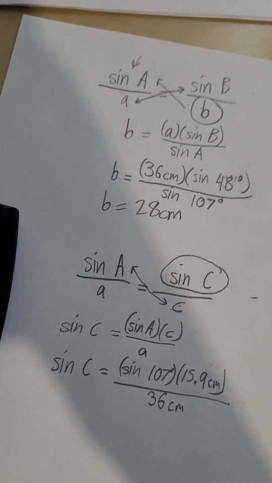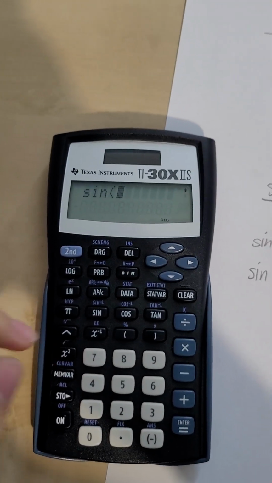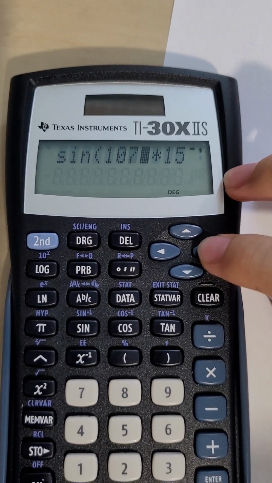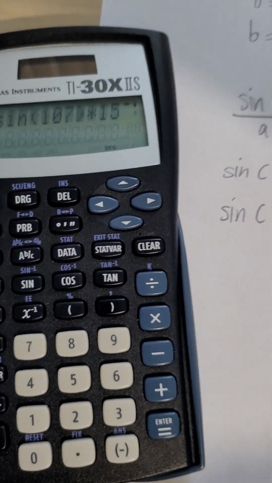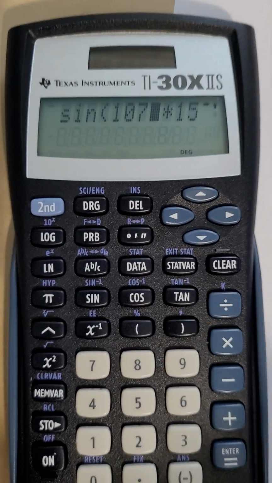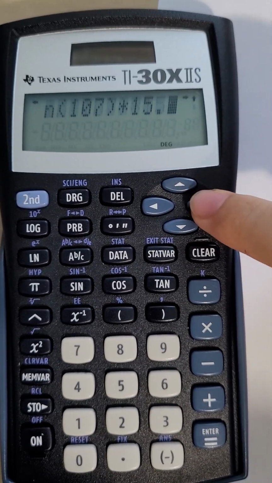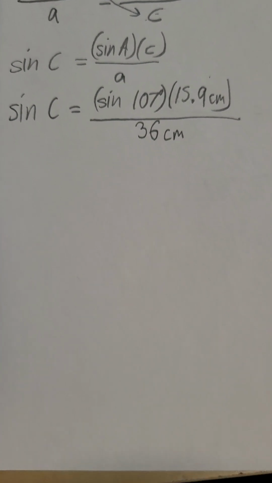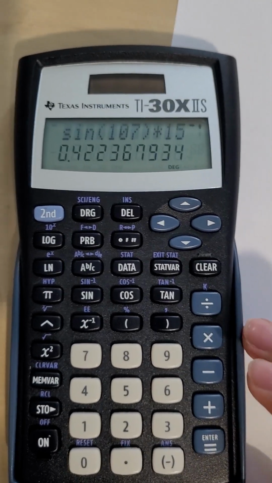So we can go sine... Oh, hold on. I'll just do a jump cut. Okay, here we have our equation. Sine 107, the 107 in complete brackets, so that we don't mess with the actual value inside the brackets. And we multiply it by 15.9 and divide by 36, just like we see over here. And when we press equals, we get